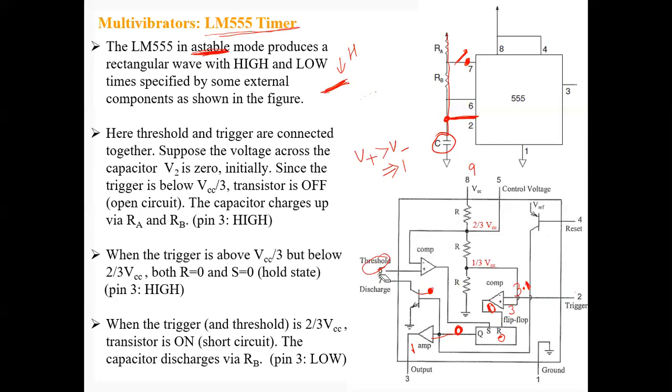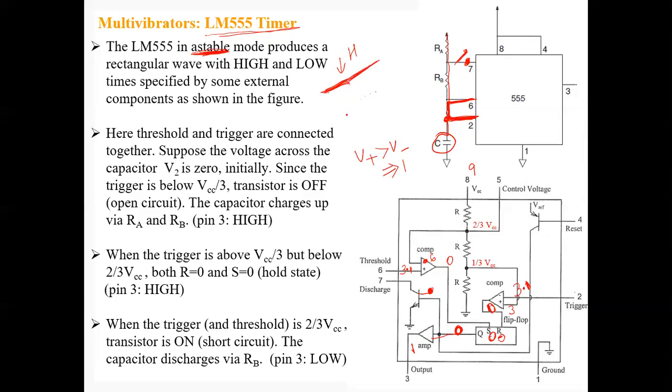When this is 3.1, remember 2 and 6 are connected. What is the voltage here? 3.1 also. So if this is 3.1, this is also 3.1 because 6 and 2 are connected. Do you see that? That's why in this case, will this give me 0 or 1? Remember this guy is 6, this guy is 3. 0. Now your S is 0, R is 0. So what is that state? Hold state. That's why your output stays